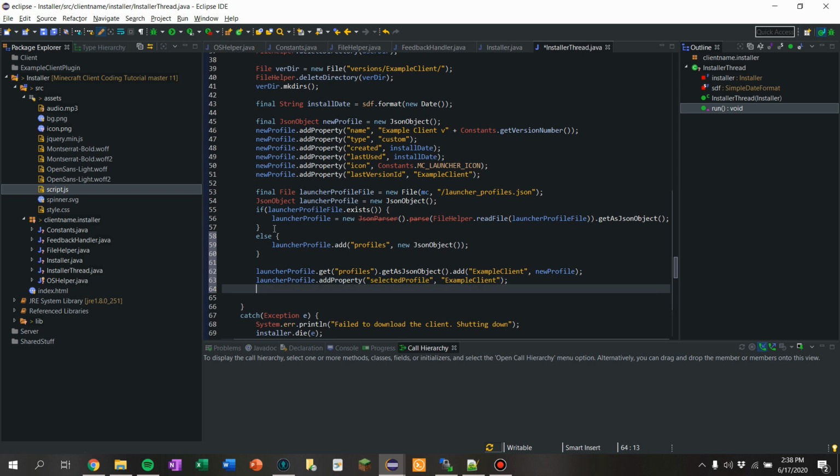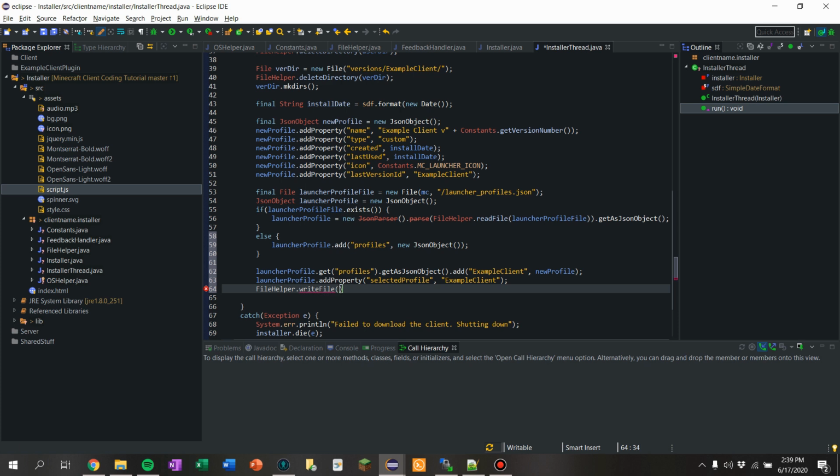Then we want to say file helper dot write file, and we're going to pass in a new